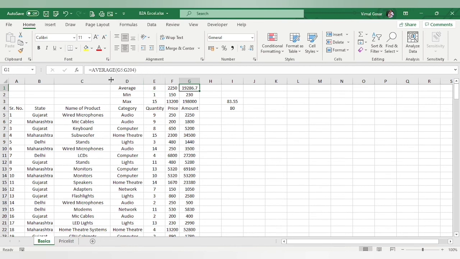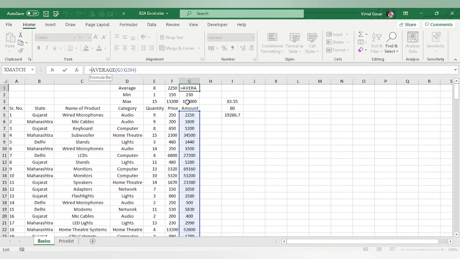Again over here, let us say I copy and paste this at this point, pasting as values. So we have the value as 19286.7. If I want to round this to a higher value, I will use the function round up. Round up means that even if it is 0.00001, it will take it to the next value.